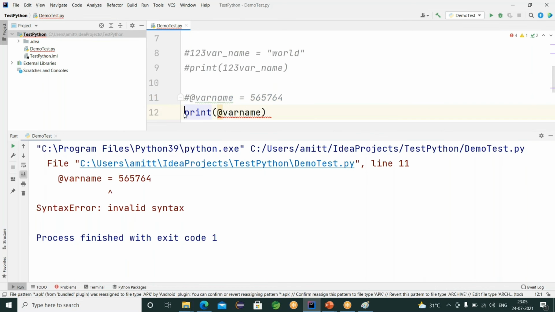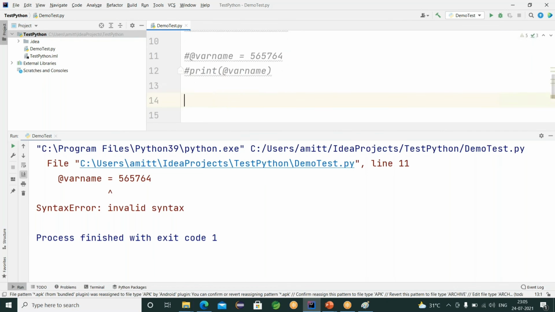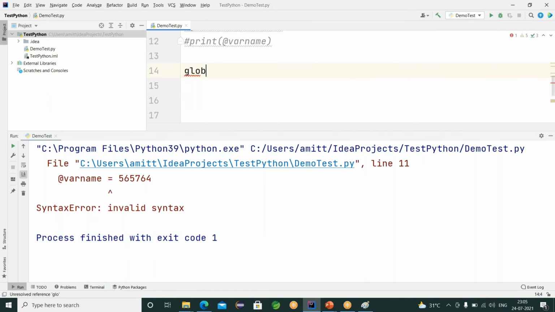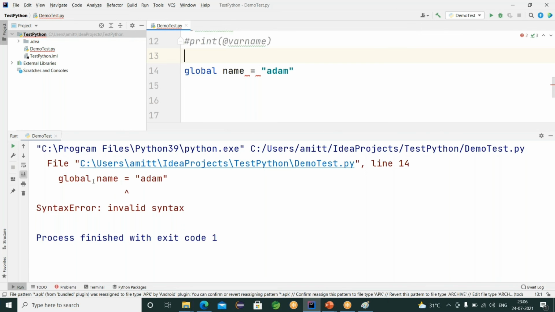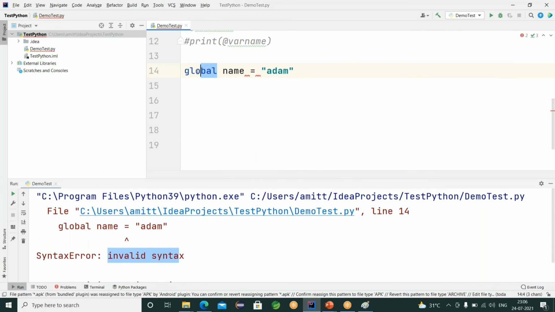I'll comment this line, and we know they are the reserved words which are, say, let me say global. Now global is a function here. If I try to use global and I give any name, say any name equal to say Adam, right? And I want to print it, this one. So what is it saying? Invalid syntax. Now, when you put your cursor over the global, you will see it is highlighted with a blue